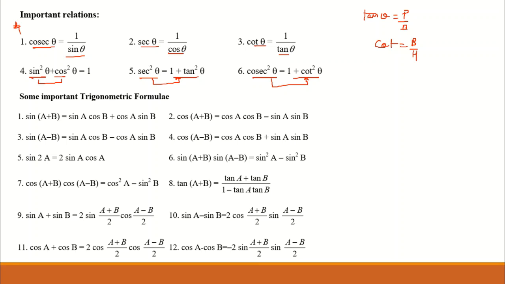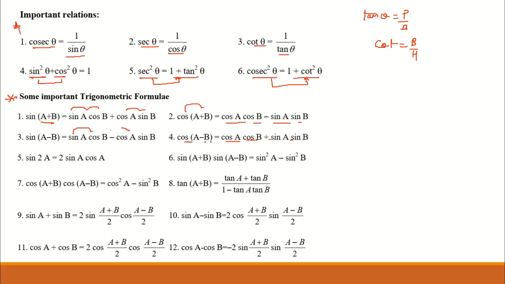Now, some of the more important formulas in trigonometry are the combinations of angles. Sin(A plus B) is equal to sin A cos B plus cos A sin B. Sin(A minus B) is equal to sin A cos B minus cos A sin B. Cos(A plus B) is equal to cos A cos B minus sin A sin B. Cos(A minus B) is equal to cos A cos B plus sin A sin B. I recommend everyone to please note down and learn these formulas, as these are very helpful in